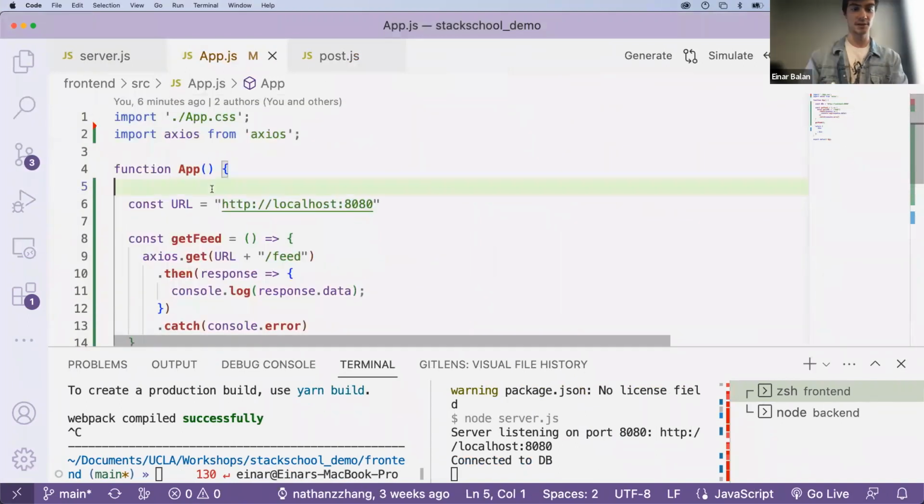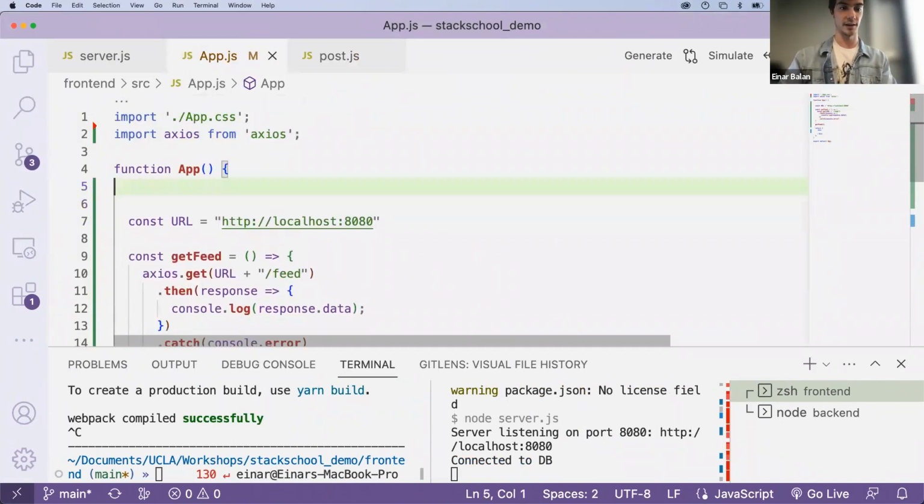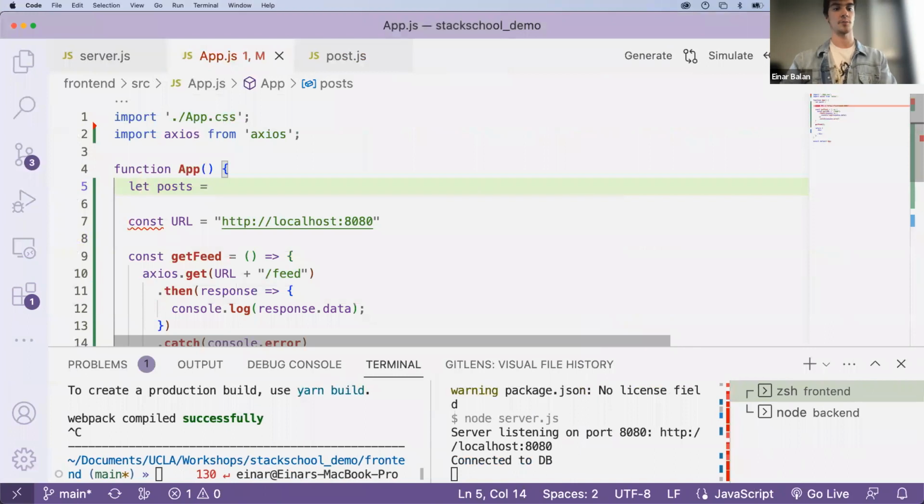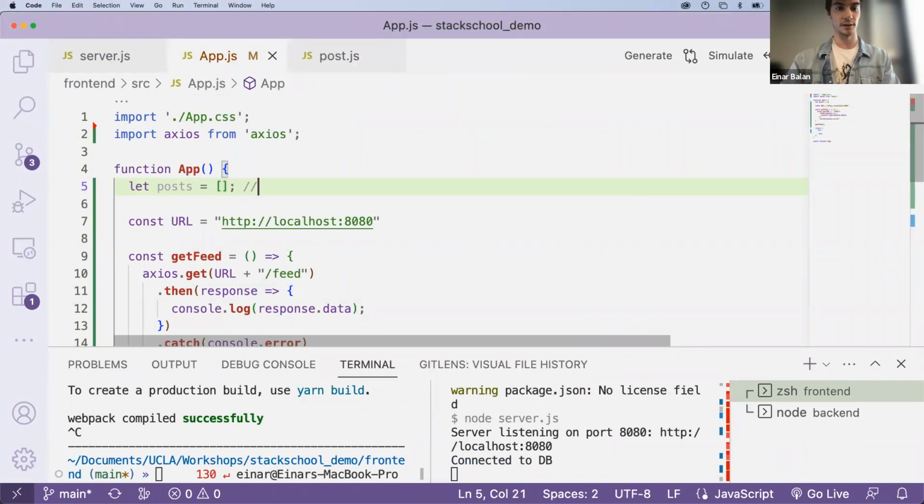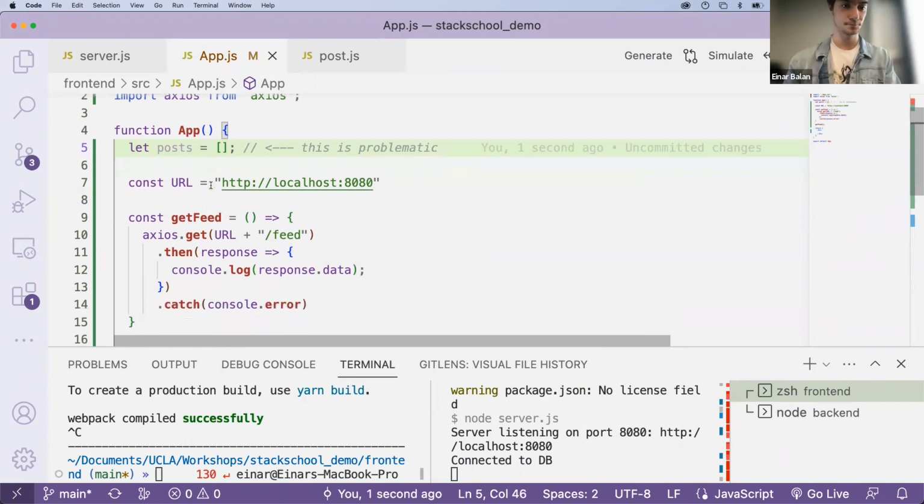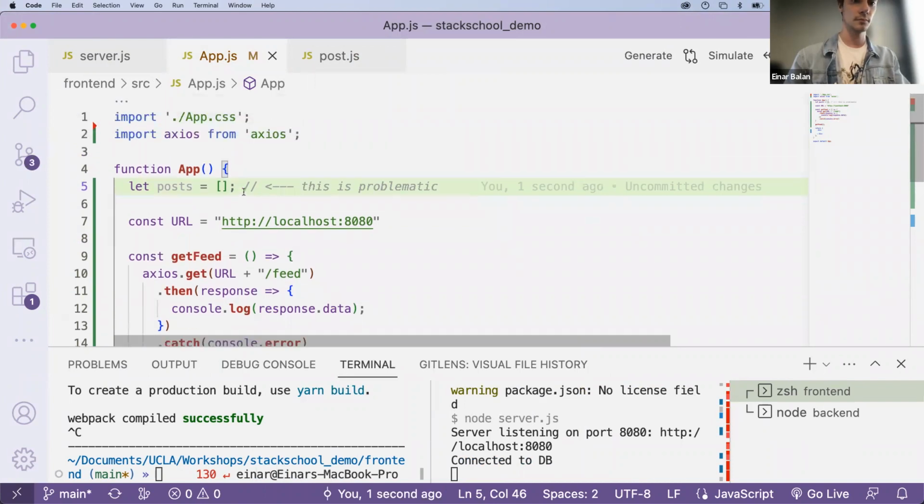First of all, what I want to do is make a new variable. I'm just going to call it posts, and it's going to represent our posts. And I'm just going to leave a little comment here. This is problematic, and you'll see why very soon. Oh, so let and const are two keywords in JavaScript, right? Let is a way to designate a variable that you can change, right? Const means that you can't change it. So it's a constant, right? Yeah, so we are letting posts equal